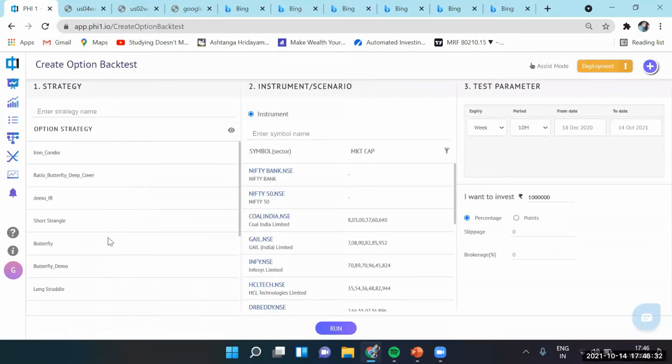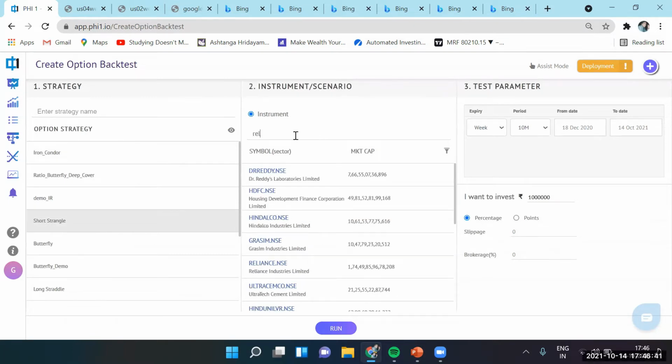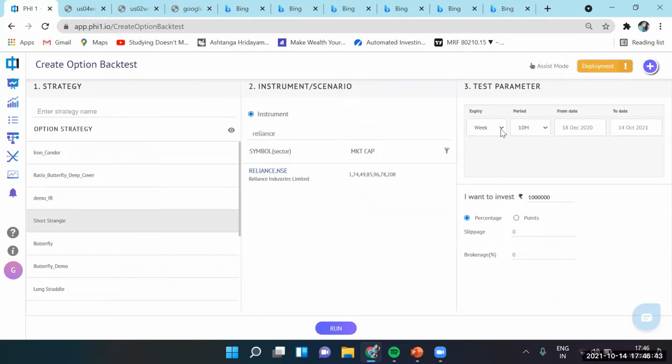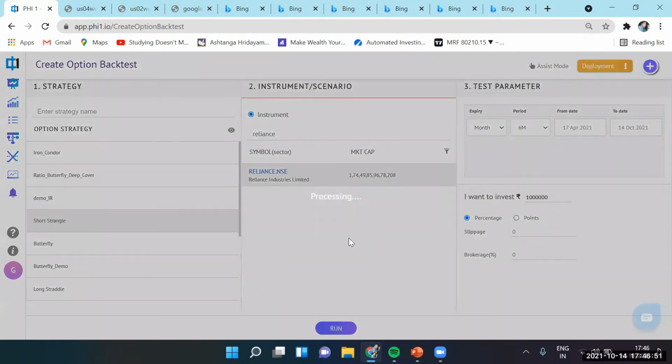So let's run the same strategy for a different instrument. Short strangle. Now let's pick Reliance. Okay, so there are no weekly options for Reliance, only monthly.